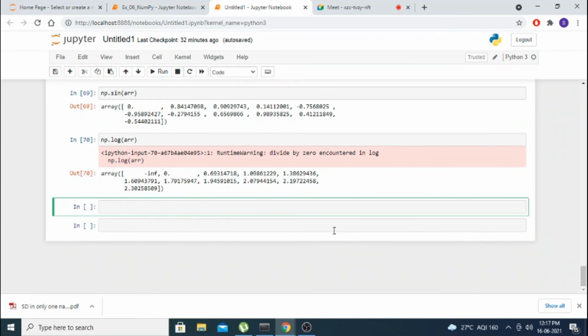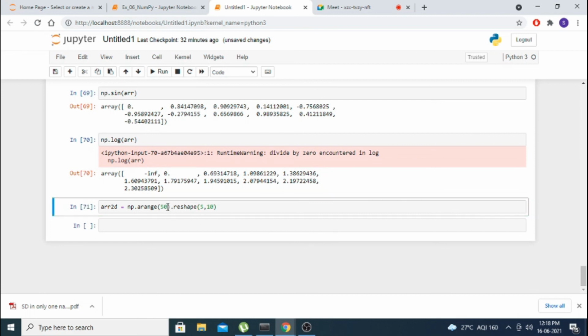And how to create a two-dimensional array without using this list and other things? I'll give ARR 2D equals np dot arange. I'm creating a range. In this range I want 50 elements, and after you create it you can reshape, or here only you can do reshape to 5,10.